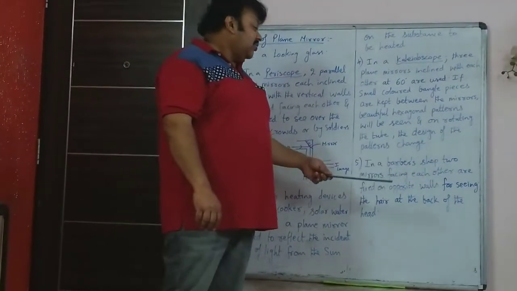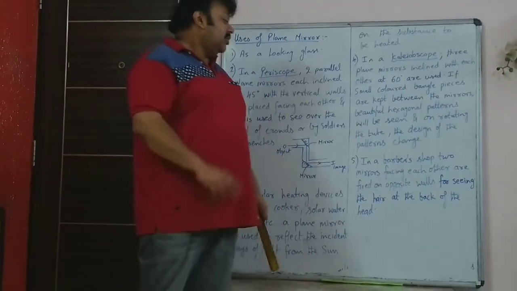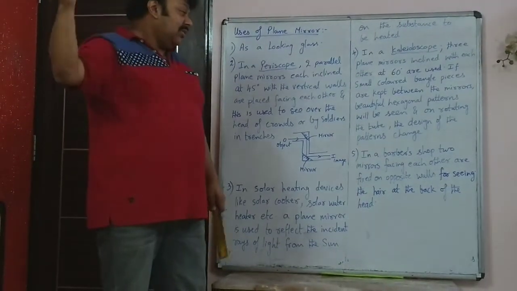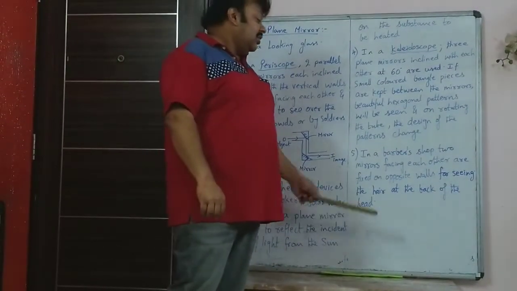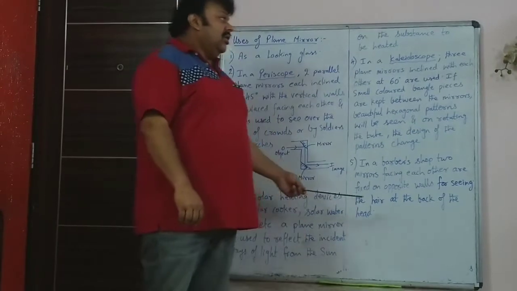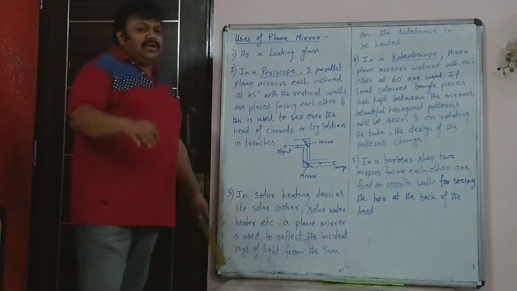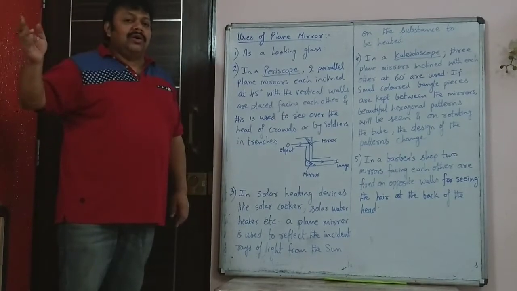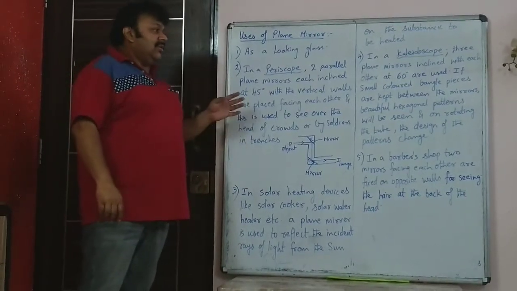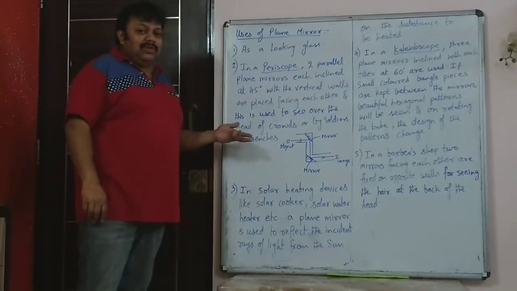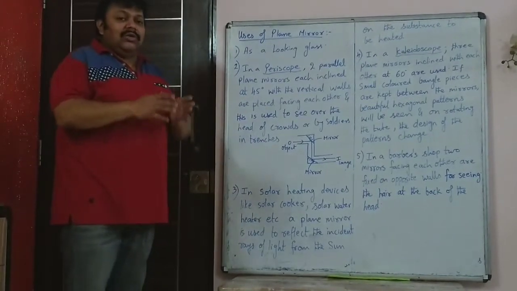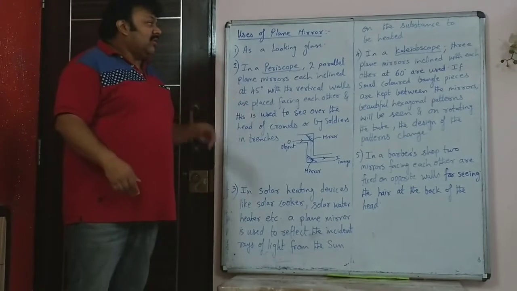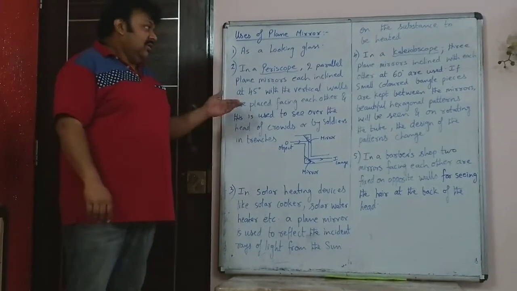Now in a barber shop you have mirrors facing each other. Two big mirrors are kept facing each other, one in front and one behind, for seeing the hair at the back of the head. Now in this chapter there are very few numericals. Of course I am not talking about the numericals of curved mirrors. I am talking about the basic numericals of plane mirror, where we use mostly object distance as image distance. So we will just see some of the numericals that are given in our book.